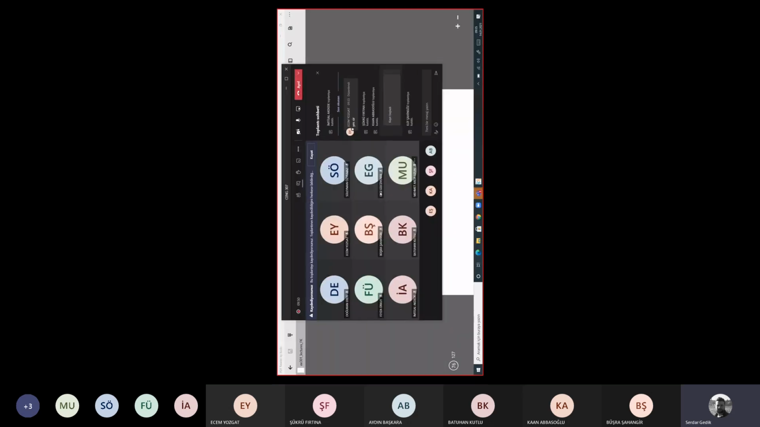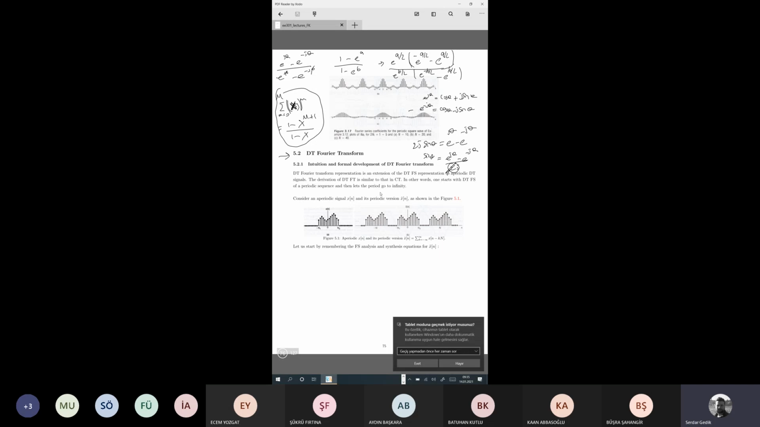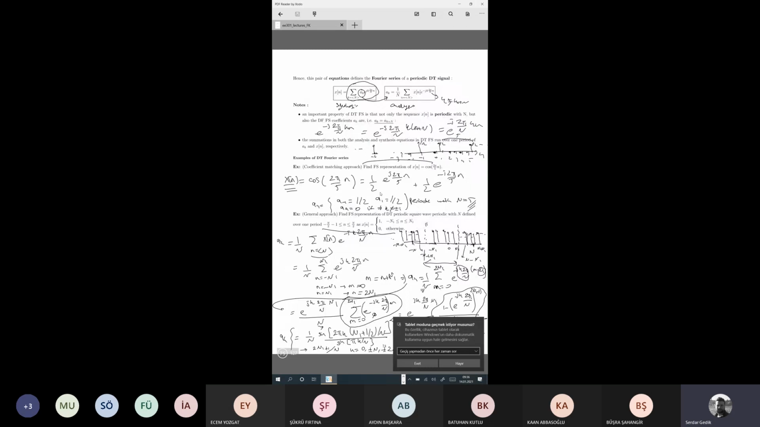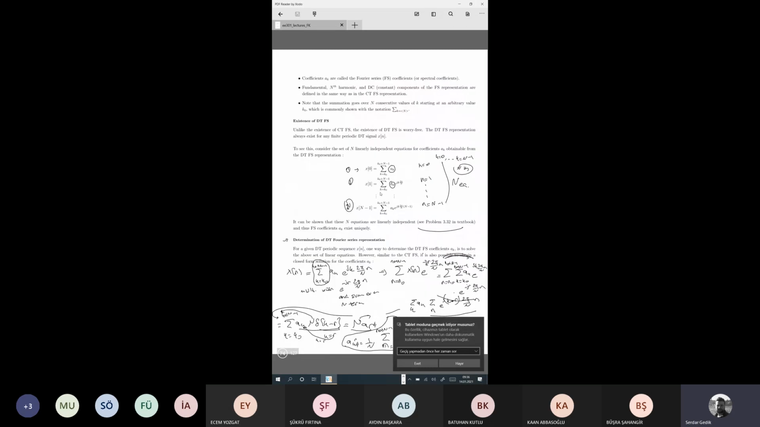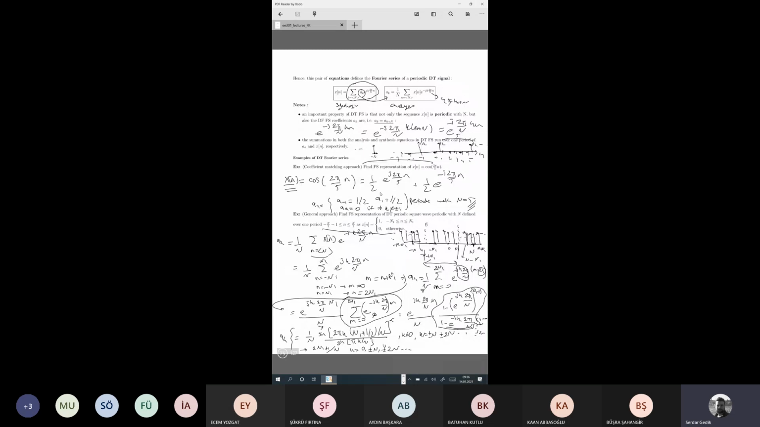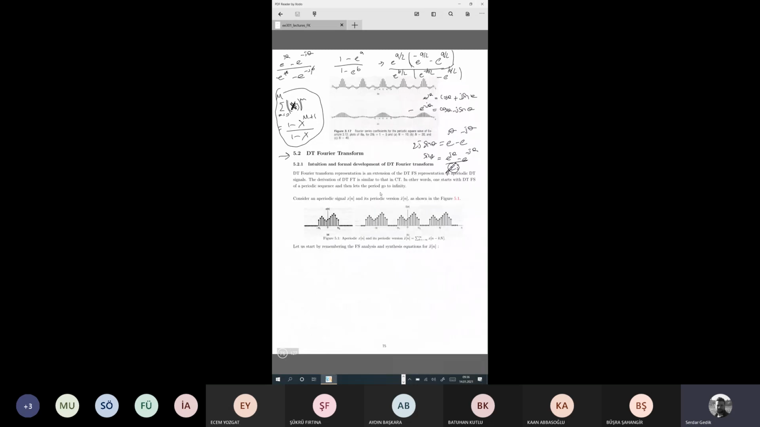Let me open the notes. Okay. So today, as I have already mentioned, we will start with discrete time Fourier transform. Previous week, we have seen the Fourier series representation for discrete time periodic signals. Now, today we will continue our discussion with aperiodic signals, aperiodic discrete time signals, that can be represented in Fourier